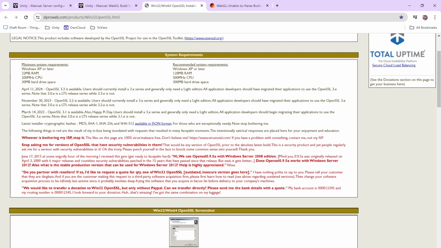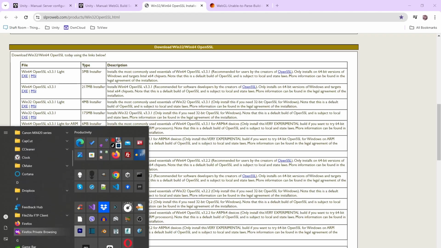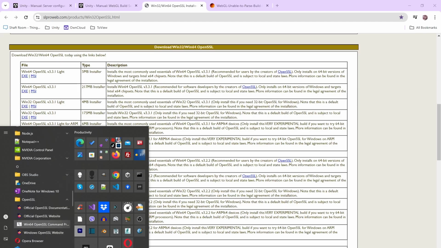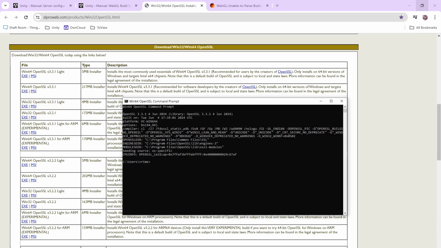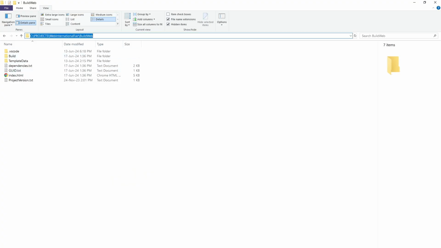An easy way is to go to this website here and download the latest executable, which is really small, and once you have installed it, you're able to create the certificates. Let's do it here for a project. Once you have installed OpenSSL, you will have an OpenSSL executable in your installation. Here it is. You can open the OpenSSL command prompt application,